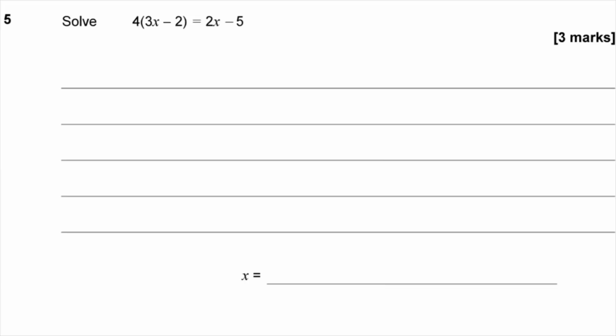Question 5. Solve 4 lots of 3x minus 2 is equal to 2x minus 5. Okay, so let's just write down what we've got to start with. Probably the easiest way is to multiply out the brackets. So 4 times 3x and 4 times minus 2, which will give me